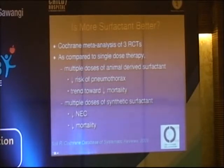Multiple doses of animal-derived surfactant have been shown to reduce the incidence of pneumothorax, and there's a trend towards reduced mortality. But multiple doses of synthetic surfactant appear to be a little more effective, and they may reduce the incidence of NEC, and of course will reduce the incidence of mortality. So don't be afraid to give your patient a second dose as needed. Okay, so we gave that second dose of surfactant, and this is what the baby's x-ray looks like,